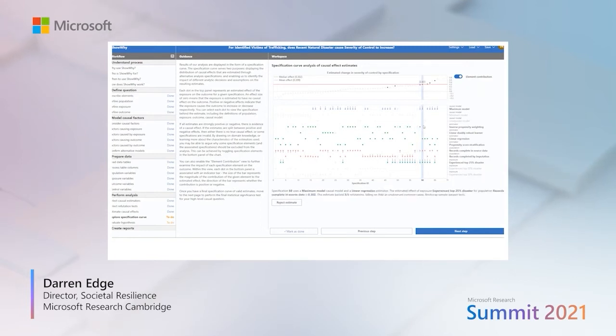So almost there. Yes, all of these passed. So, we're looking at the conclusion here that, for our question, exposure to recent natural disaster in the top 25% of disasters looks like it increases the severity of control, or the chance that the victim will experience a severe means of control, by around 30%, which is quite substantial.